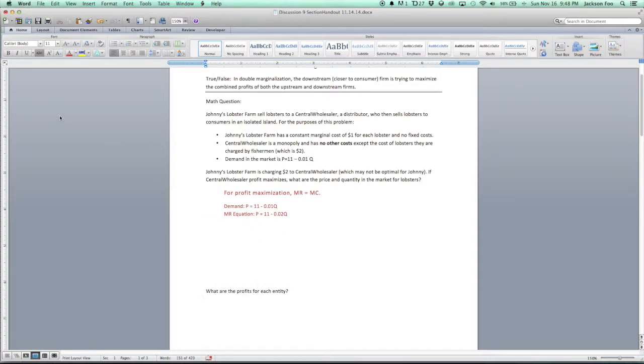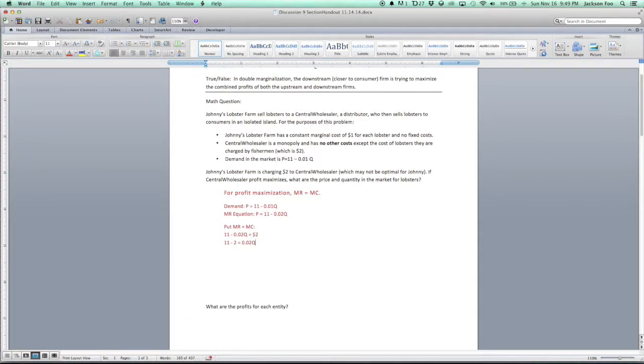So back to our calculations. I don't need that anymore. Now we have our MR equation. We're going to set MR equal to MC, which should be almost second nature to you guys, equal to the MC of $2, which then gives us